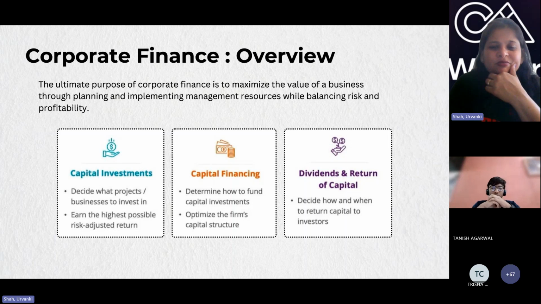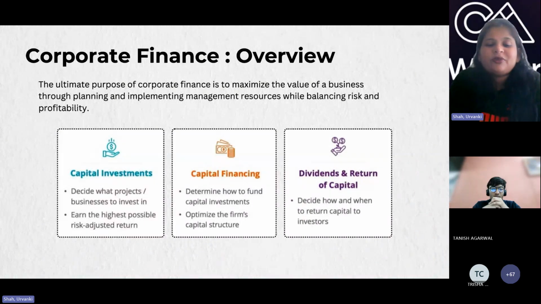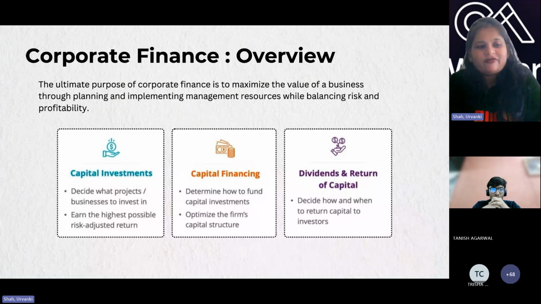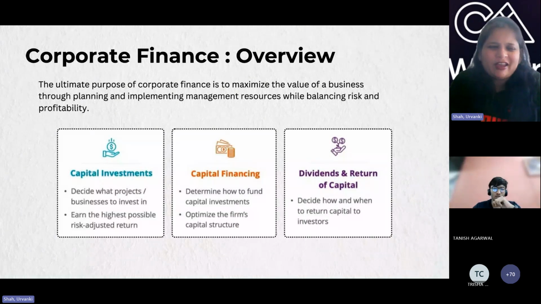When we say capital financing, here in your case, you had 200 rupees in your pocket. Suppose you don't have that 200 and you need financing. What would be your sources for financing? Would you pick up financing from a bank, or take equity finance or debt finance, or raise it through debentures or things like that? There are lots of financing instruments, as we call them in our finance terms.